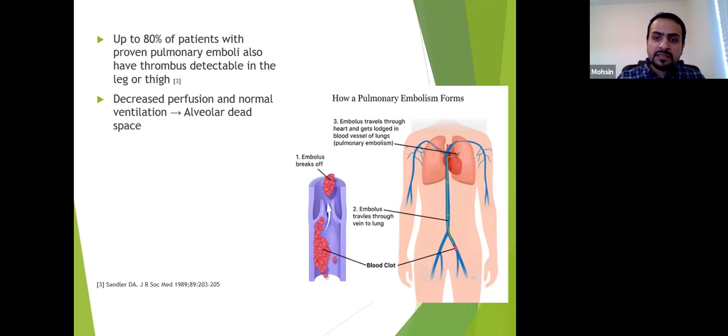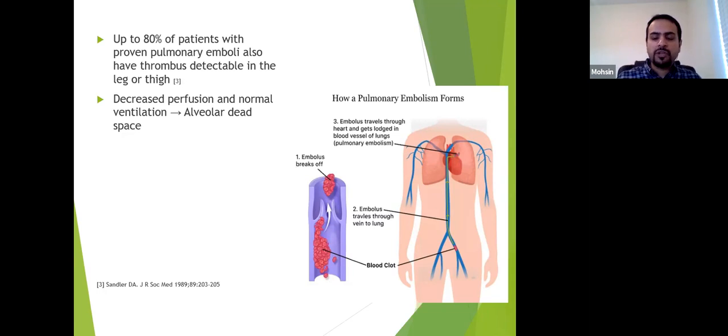The lungs are natural filters basically. So God has made us, and all of us have small tiny micro emboli always passing through, and we don't even have any problem because this is how our pulmonary circulation is made, that it just filters small emboli without any trouble. It's only when we have a very large clot that goes there and blocks some main vessel that we have a pulmonary embolism. So if you ever have a PE, most likely it's from the lower limb. Having said that, sometimes upper limb sources are there as well due to malignancy or other causes.